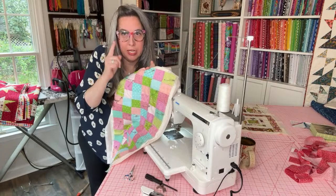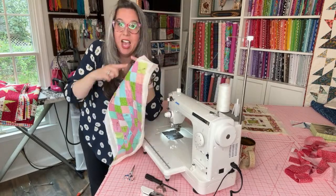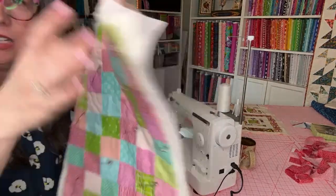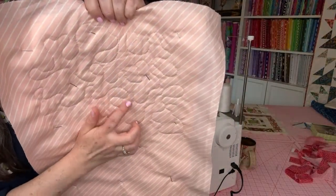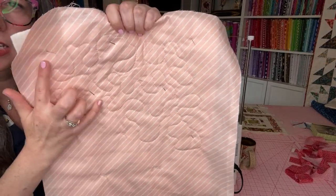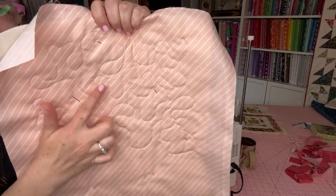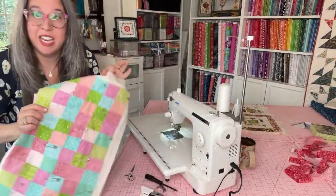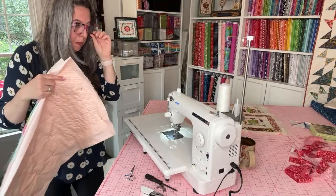So personally, I don't stop when I am quilting, I quilt around. So as you can see, there's negative space, right? Maybe it's easier to see. Ooh, there we go. Okay, so there's negative space, right? And that negative space is where the pins are. And that's okay. You're gonna naturally have negative space anyway. So that's how I do it, is I just kind of go around the pins. It gives me a